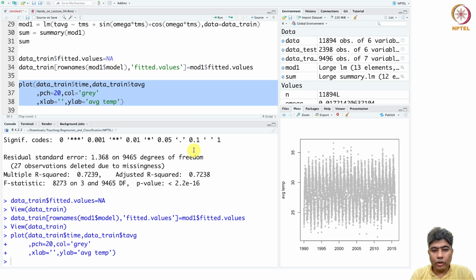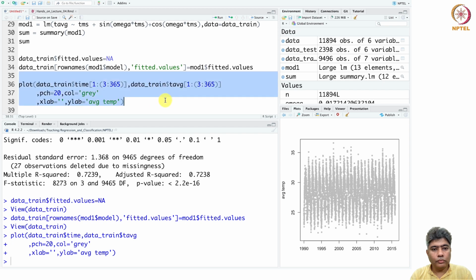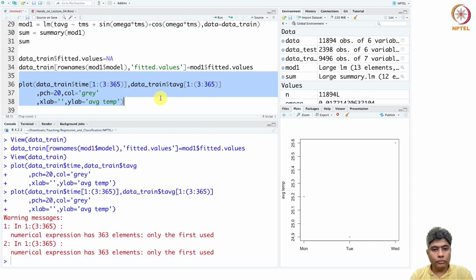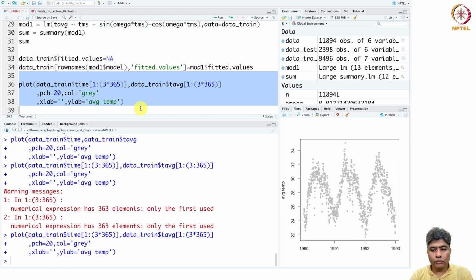First we are taking these, well, we can take the first few years to just understand what is going on. First 3 years,